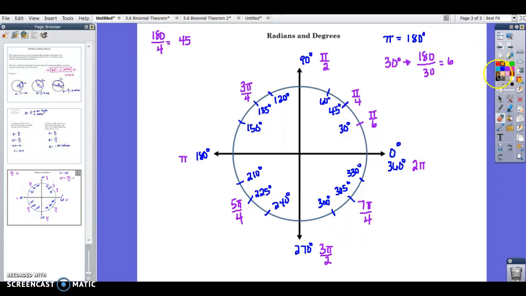Okay, so again, how did I do that? 30 goes into 180 6 times. So if I divide 180 degrees into sixths, right, that's increments of 30 degrees. So I'm taking pi and dividing it by 6. So 1 pi over 6 is 30 degrees. 2 pi over 6, right, I'm adding another pi over 6. So 2 pi over 6 is 60 degrees. 2 pi over 6 reduces to,